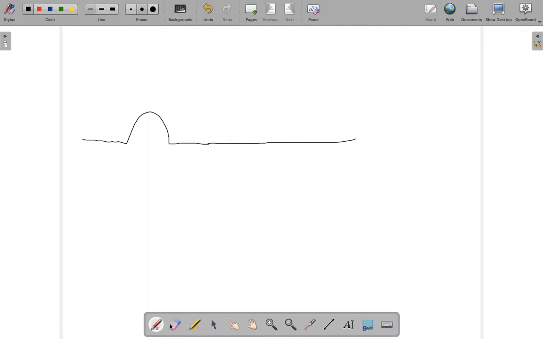Let's say on a string, you've just pushed it up and down and formed a wave. And these two waves are heading towards each other. When they interact with each other, you form one big wave like this at that point where they hit each other,